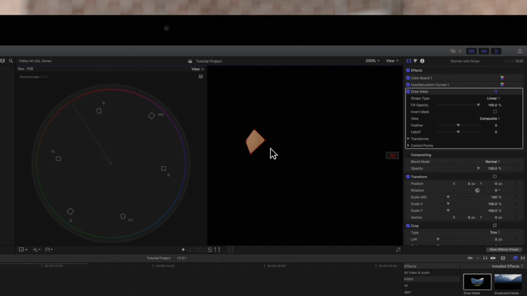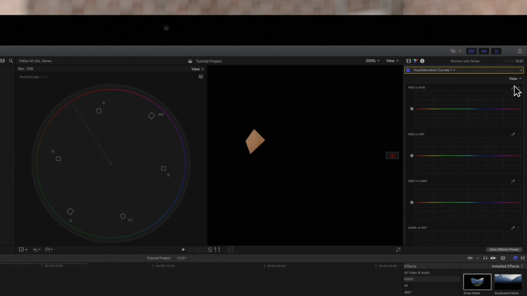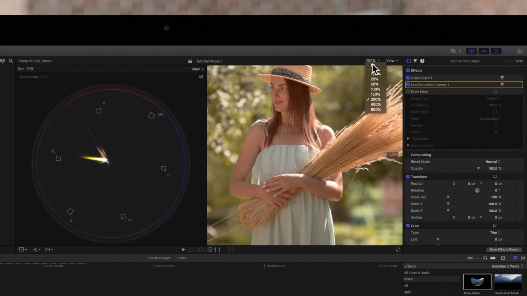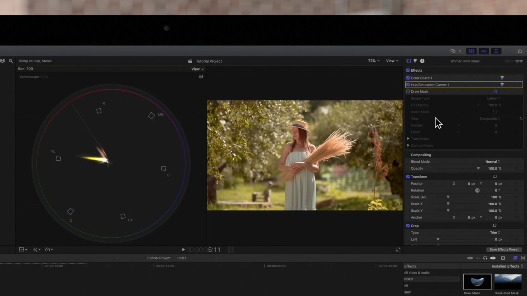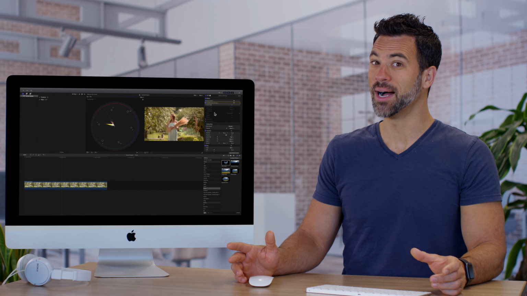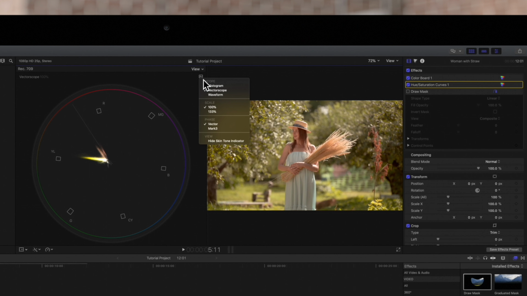Using hue and saturation curves, we'll adjust the value of the skin to get closer to that line. Pay close attention to the values in the vector scope. Once finished, we'll remove the mask. Then we'll zoom back out. Here's the before and after. I just blew my own mind.